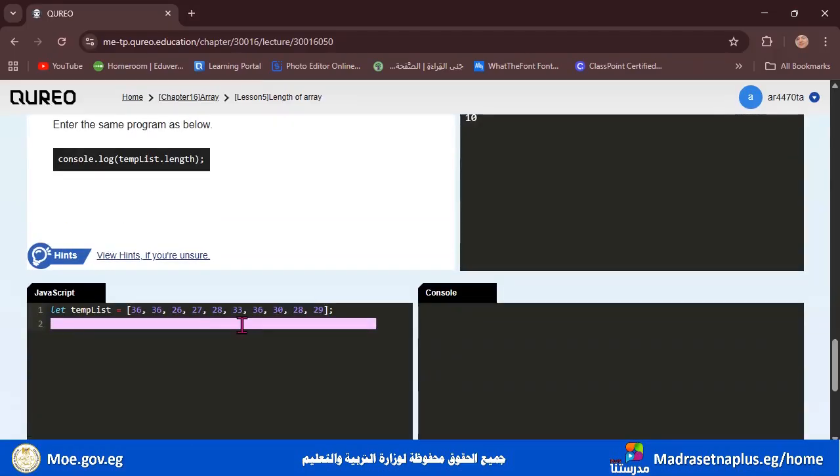We will write console.log, parentheses, and write template dot length, and the parentheses and put a semicolon.